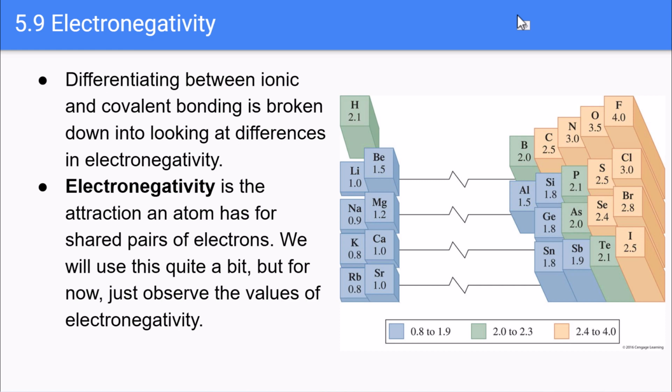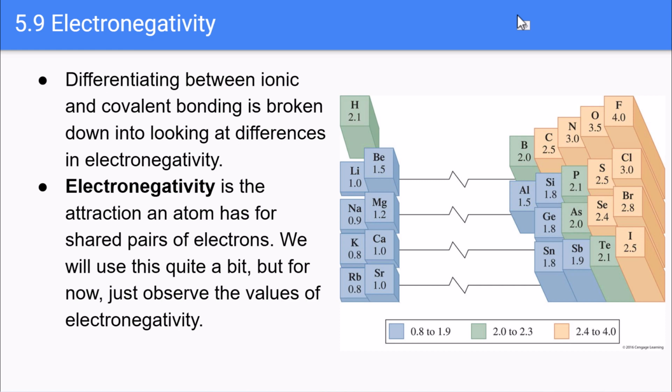All right, so we're going to take a little bit of a step back and look at things from a little bit of a different perspective here in terms of not only differentiating ionic and covalent bonds, but being able to differentiate between different types of covalent bonds as well. And this will become more relevant when we go through and look at these numbers in a little more detail. But we're going to look at a